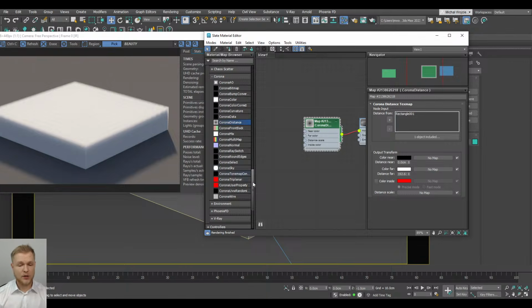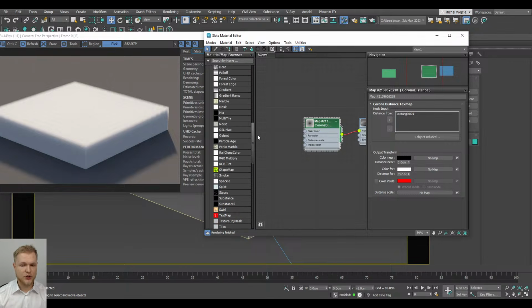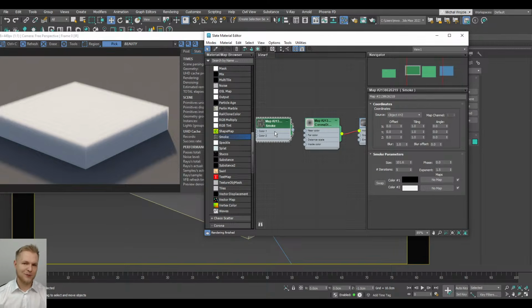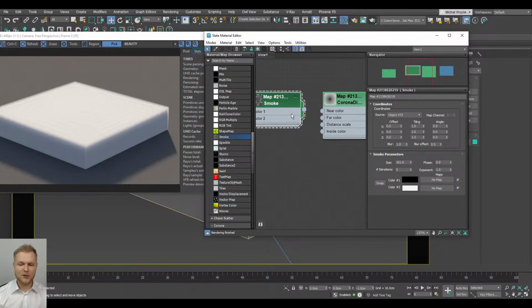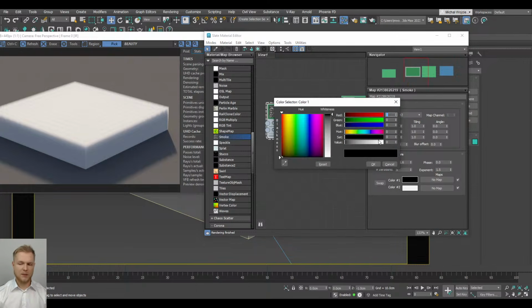So how about we introduce another map? And that map is going to be pretty much just a smoke. I mean, it's just going to be smoke map. So it's a procedural map that's part of 3ds Max for ages. I remember first tutorials that I was following, smoke was heavily used for planet creation or, well, explosion effect, all of that. So we're just going to plug in our smoke,